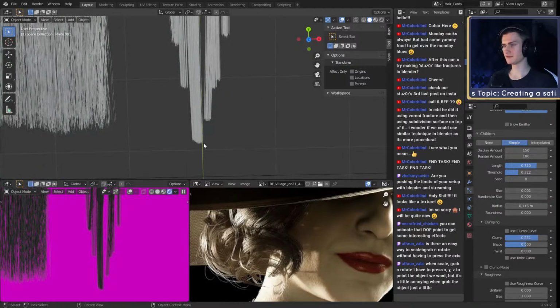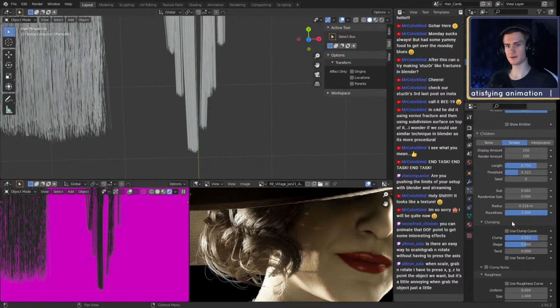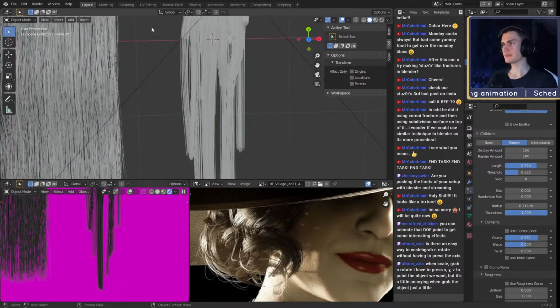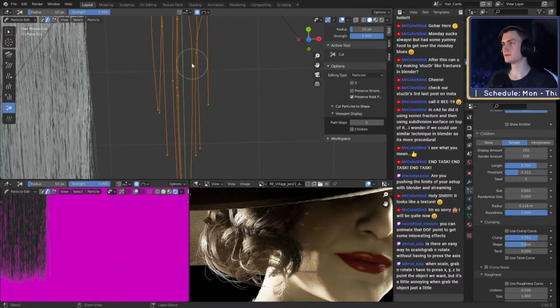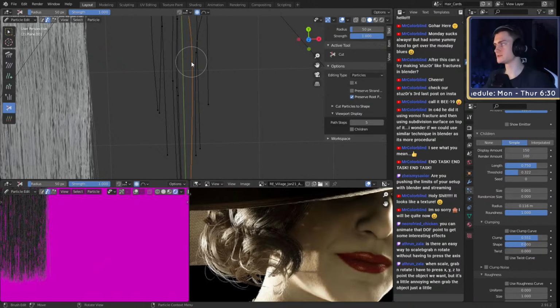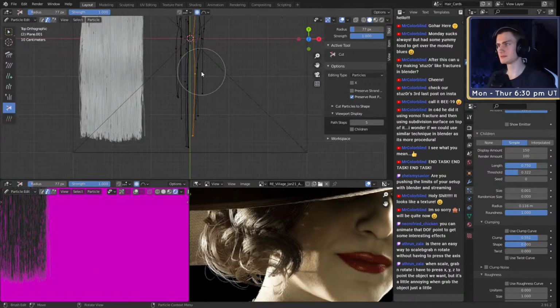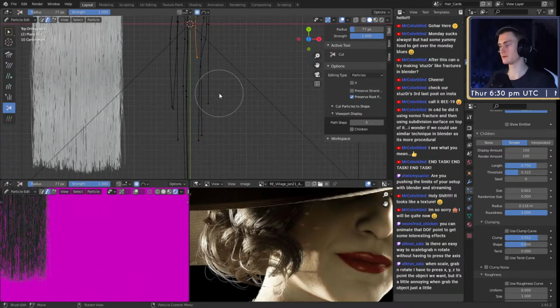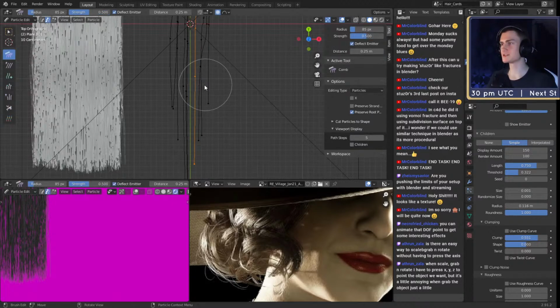This is still flat in the end. I think we can change that. Yeah, it's a little bit rounder now. We probably have to adjust the particles some more. So going in here, just adjusting them individually, probably the best way. Oh, not cutting them, brushing them over.